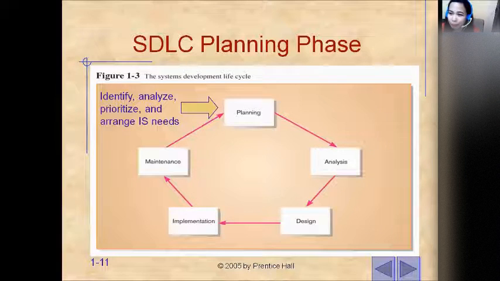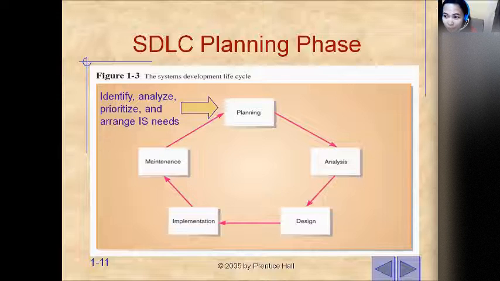Okay, let's discuss the SDLC part by part. The first one is planning. In planning, you have to identify, analyze, prioritize, and arrange information system needs. Meaning, if you're going to develop a system, you should identify the current problem and what you have to solve. Mostly when you create a system, there is a problem you want to give a solution to, and then you analyze the best way to solve it or give an alternative solution